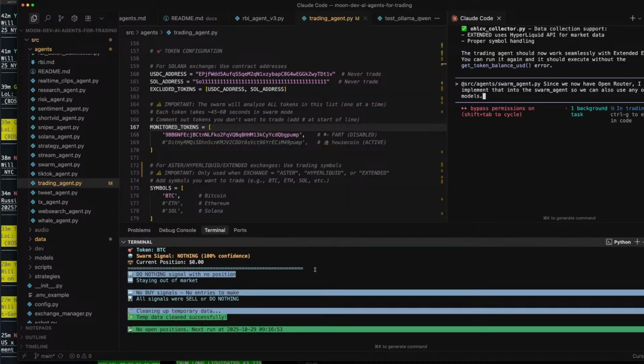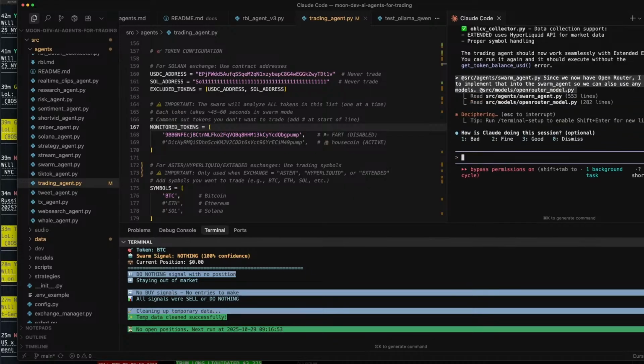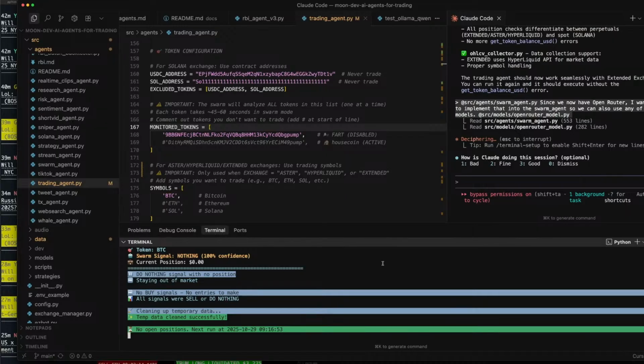Staying out of the market, doing nothing. Perfect. So let's go ahead and say Open Router. Okay, and this will wait here. I probably need to